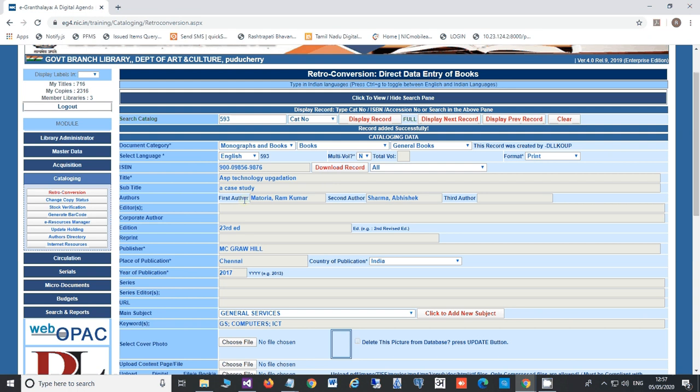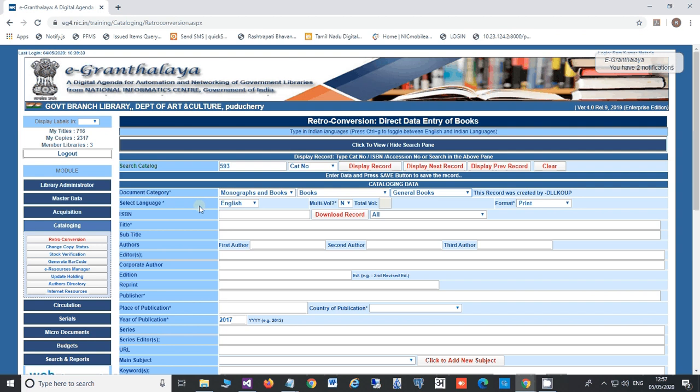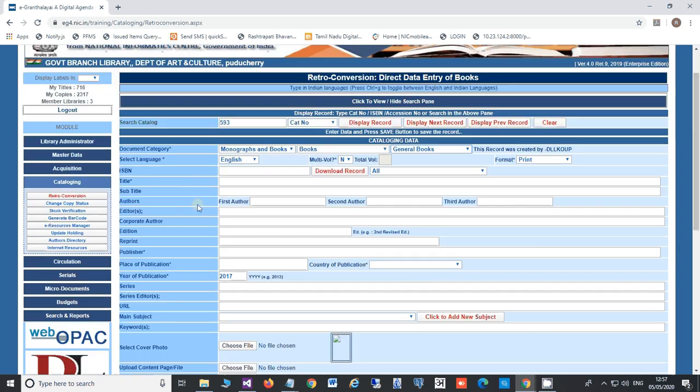Now the third scenario is that you have a book which has not been entered by any library in this cluster. In that situation, you start typing whatever data is available on the book.